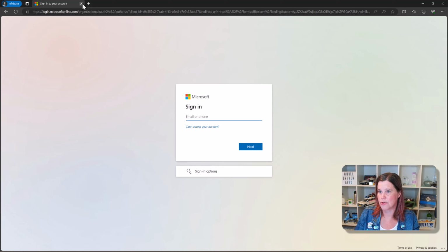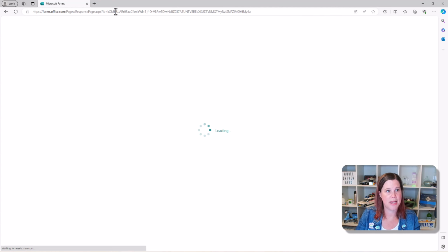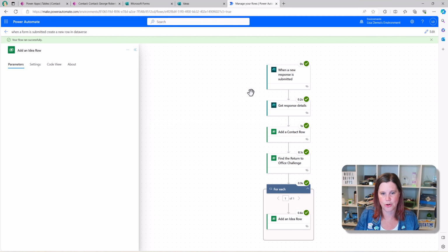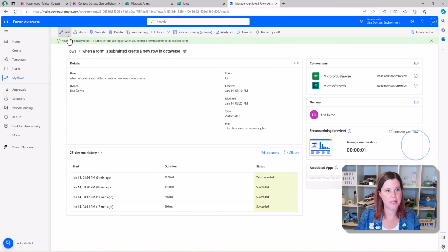Let me switch across here to a tab where I am logging in as another user in my organization here. We're going to paste this in. And on this browser, I am actually logged in with my work account here, and that's allowed me to come through. So we're just going to park that for a second, and we're going to build out the flow that goes with this one. I'm actually going to start from scratch here because it is quite different and I don't want to get this one too confused. So we're going to call this form to Dataverse from external contact,